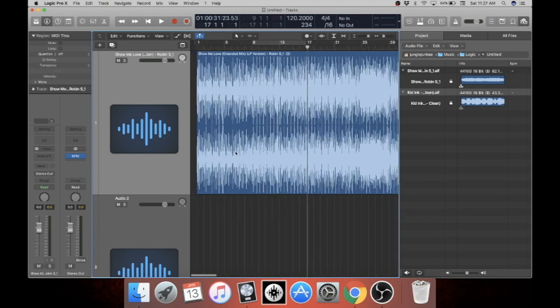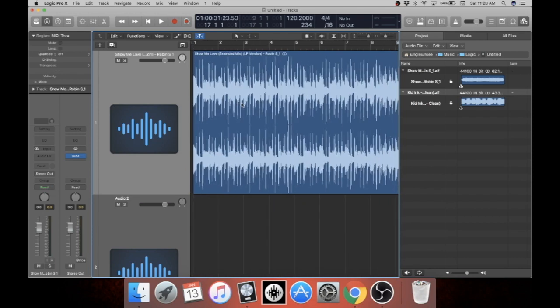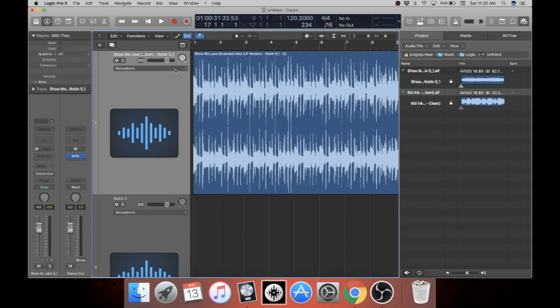The first thing we have to do is make sure that when our BPM is dropping, the tempo of the actual song is dropping with it. If you don't do this step that I'm going to show you, it won't work. So you have to turn on your flex time right here. This little thing should turn purple or blue, and then you click on this little drop down and go to polyphonic, and that's going to analyze,